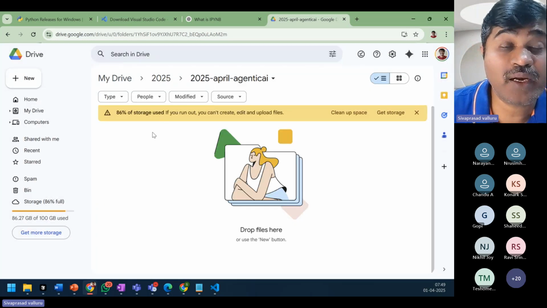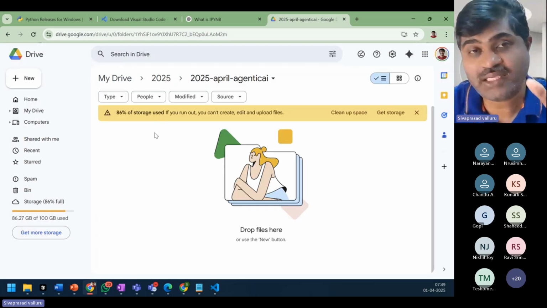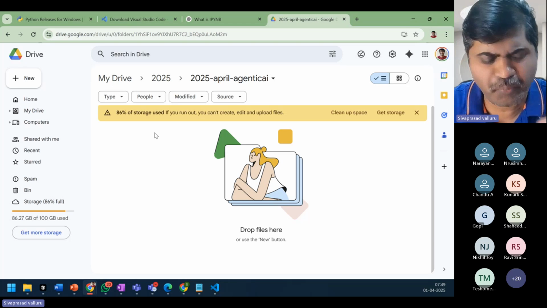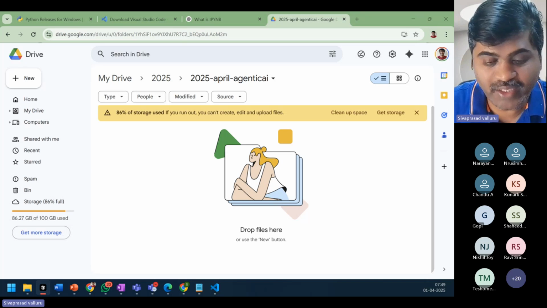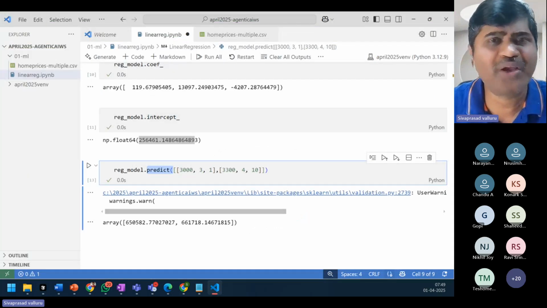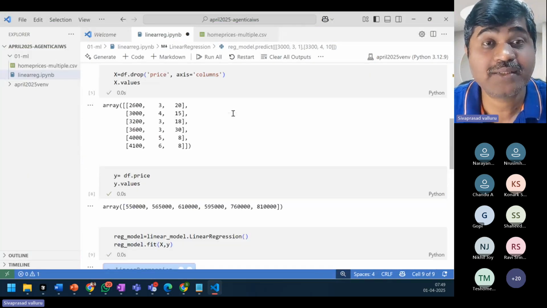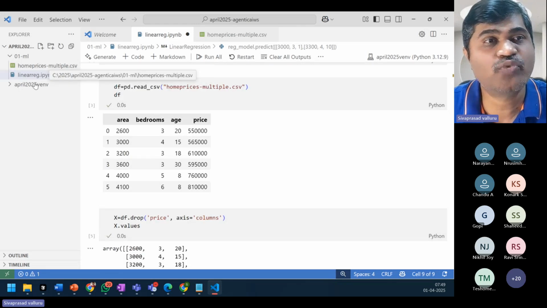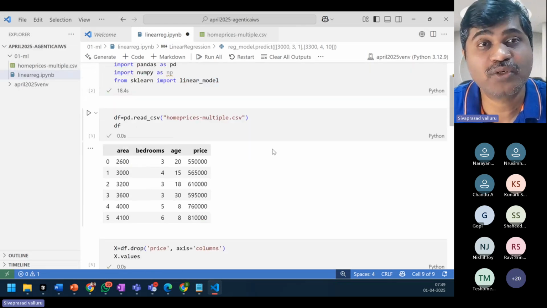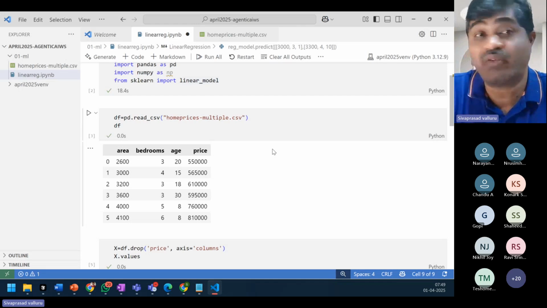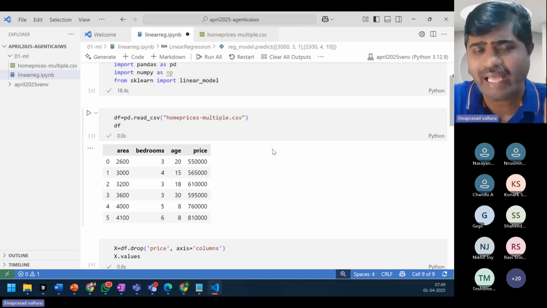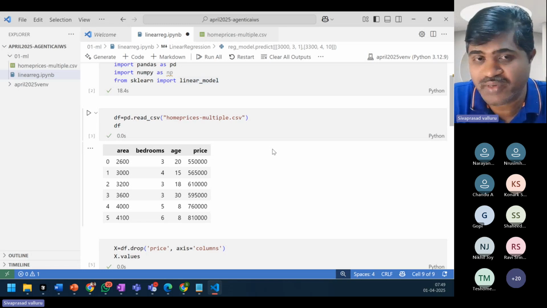So in this folder, I'll be keeping my files, which you can use. Whatever programs, today is a very small program. I'll give you this program. You can work on it, or today you can ignore it. This is very simple. Maybe I will share these two files. You can go through them, set up your Visual Studio Code, set up Python, create a virtual environment, and do whatever I have done in this video. You can watch this video.